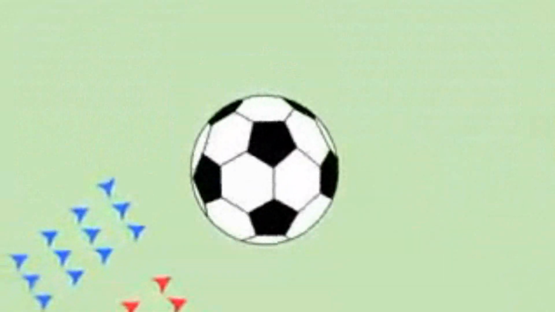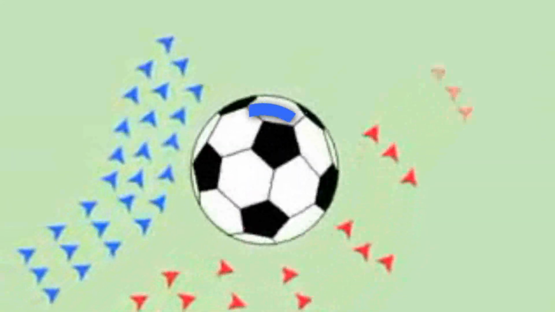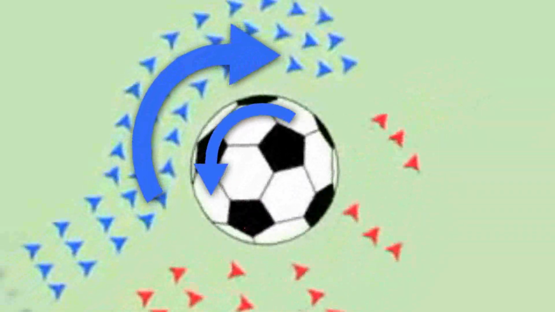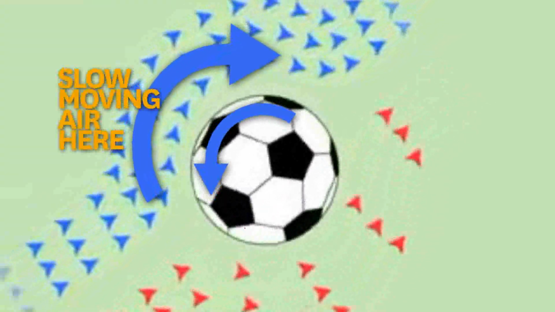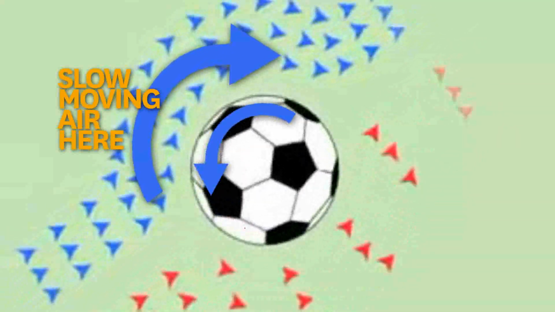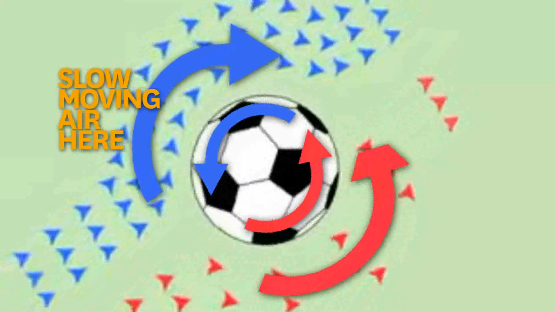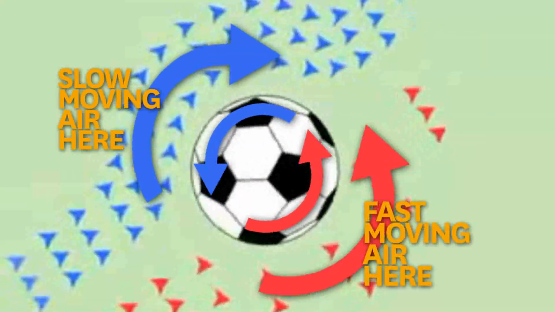Now, the spinning ball encounters the airflow, and here's when things get really interesting. Due to the spin, there's one side of the ball where the directions of rotation and airflow are conflicting. Due to these conflicting directions, the velocity of the air here decreases. On the other side, however, these two directions are the same, so the velocity of the air will increase.